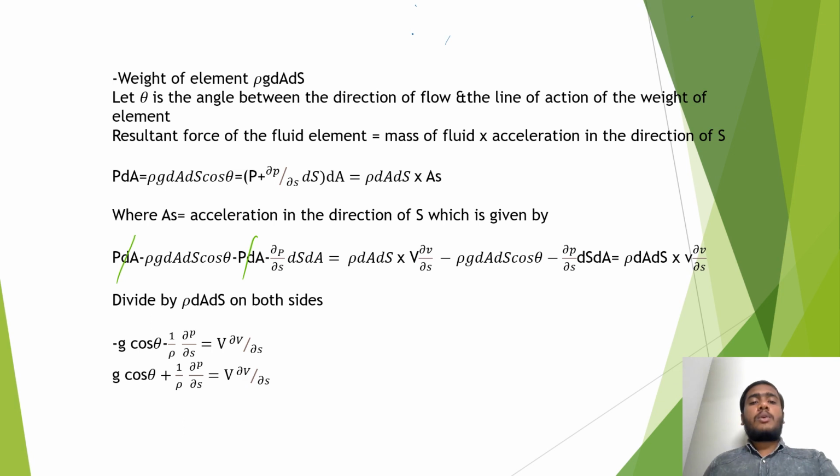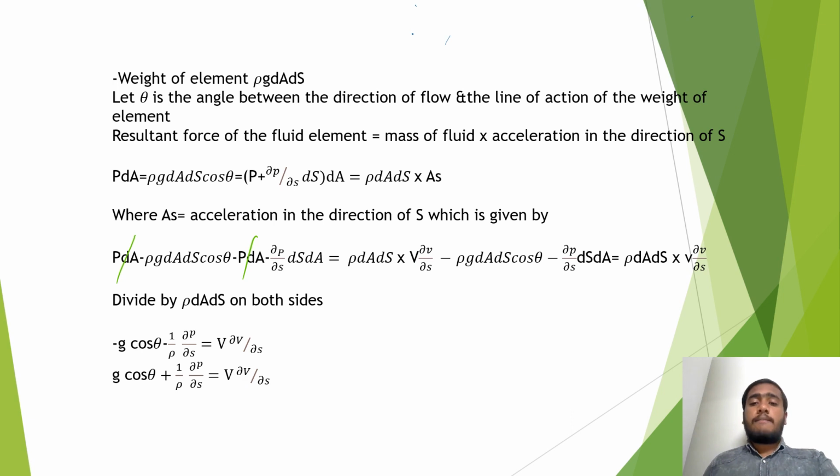Weight of element ρ g dA ds. Let θ be the angle between the direction of flow and the line of action of the weight of the element. Resultant force on the fluid element is equal to mass of fluid times acceleration in the direction of S. P dA − ρ g dA ds cos θ − (P + ∂P/∂S ds) dA = ρ dA ds a_s, where a_s is the acceleration in the direction of S,